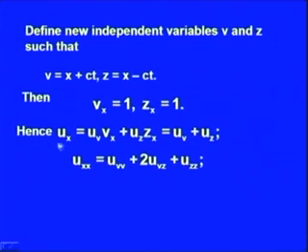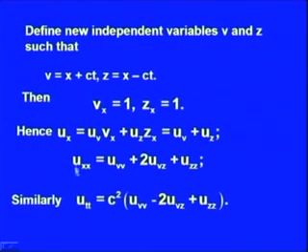Now, when we apply this operator delta over delta x on u x again, we get u x x equal to u v v plus 2 u v z plus u z z, and similarly we can show that u t t comes out to be equal to c square times u v v minus 2 u v z plus u z z, because for this u t t we will need the values of v t and z t. v t, that is delta v over delta t, comes out to be c, and delta z over delta t comes out to be minus c. So, we can follow the same procedure as we have done for finding u x x. If we follow the same procedure for u t t, it comes out to be this,